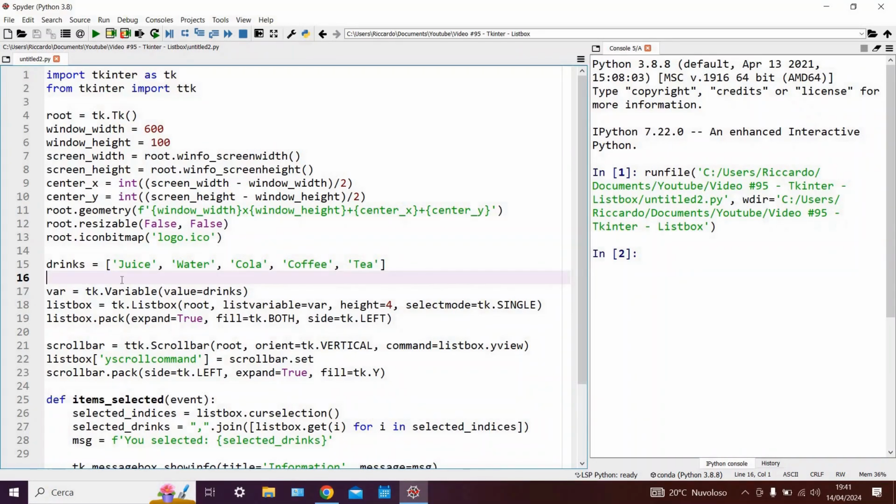Now, while this is one of the most popular modes used for selecting items in a list box, there are some others which I should also point out. The first is tk.extended. What this does is it allows us to select an item within the list and then drag the mouse cursor down, selecting all the items which we pass over. Another one is tk.multiple, and this allows us to make multiple selections within our list by clicking on each of them